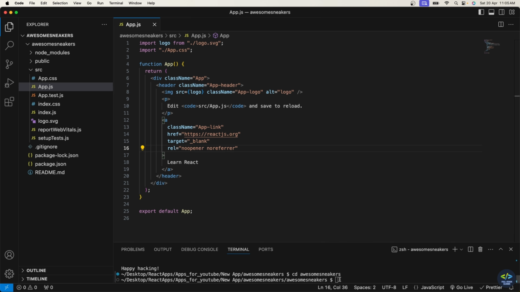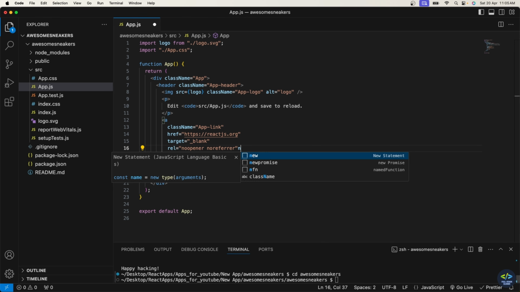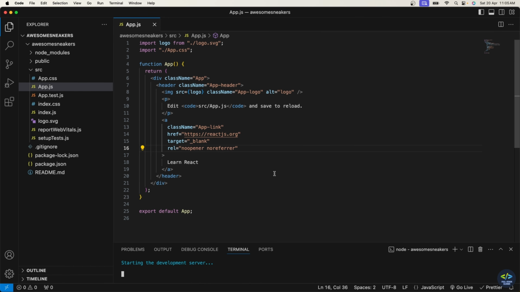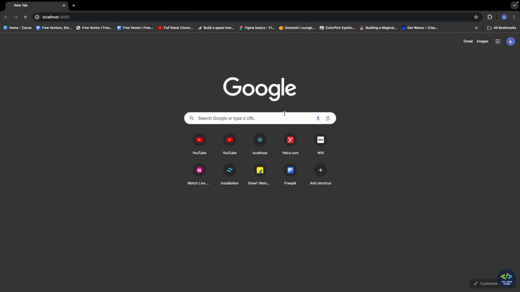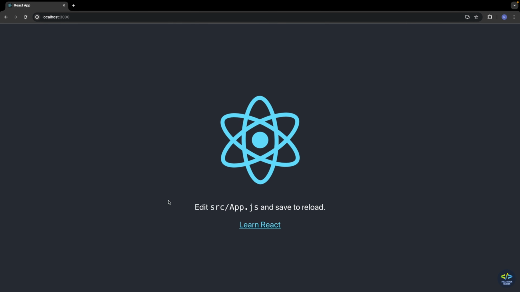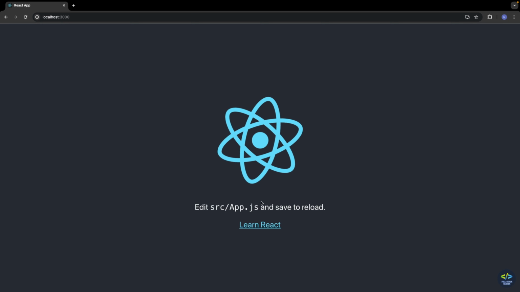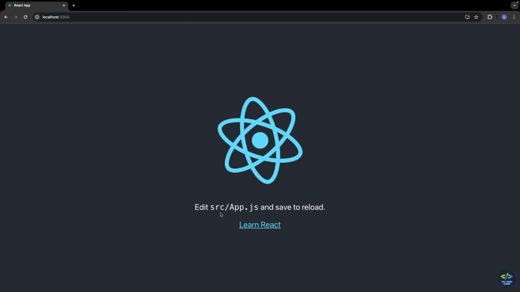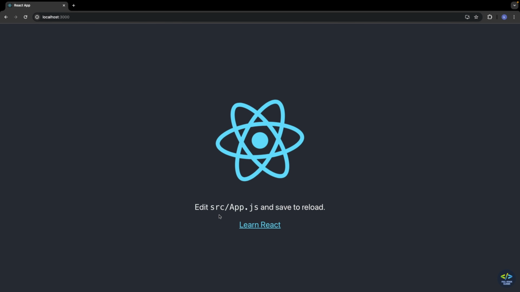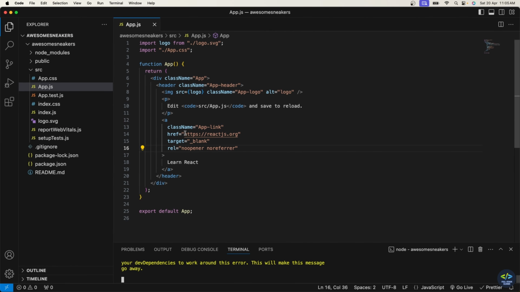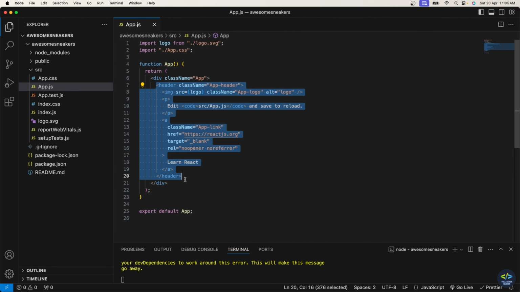So I'll start my server here with command npm space start. So now my React server is started, and this is the default UI written on the app.js component file. So let us go ahead and modify this code. So I'll remove this whole header here,